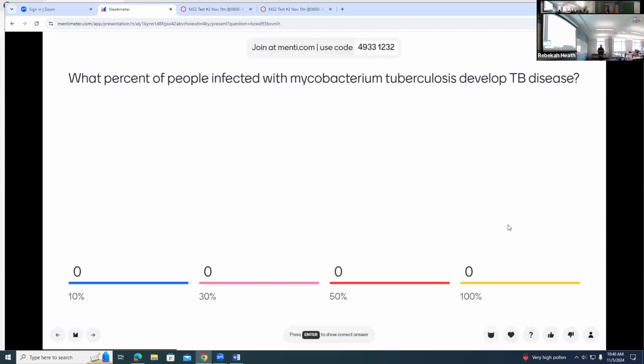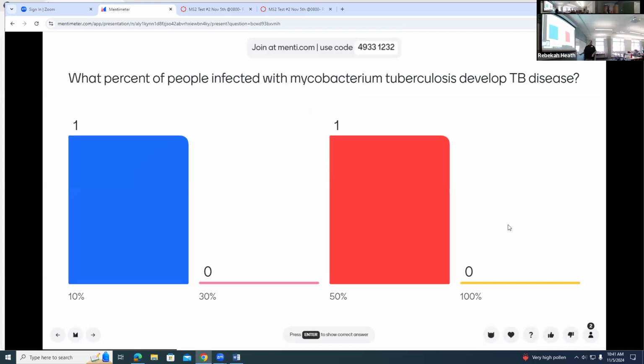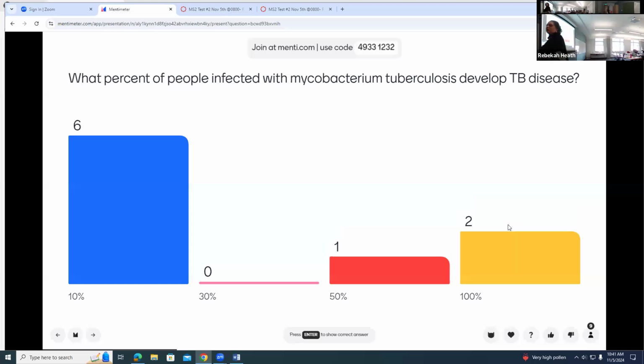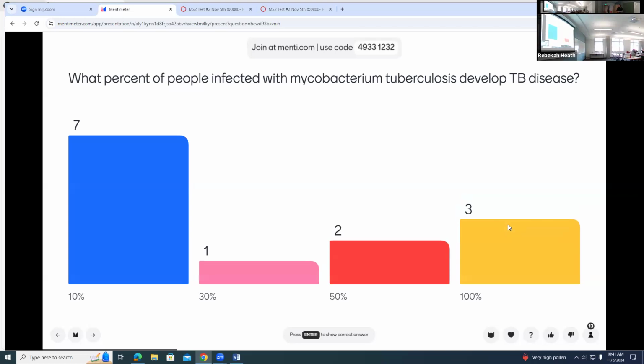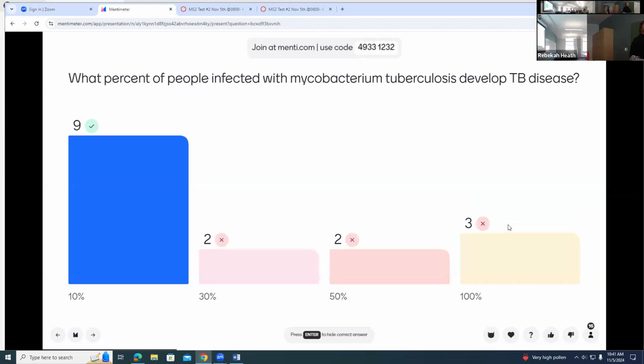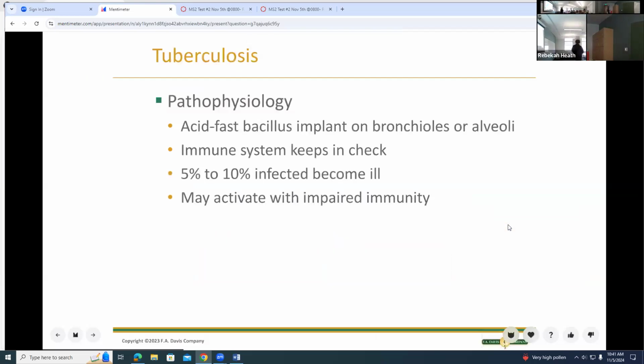Which percent of people infected with Mycobacterium tuberculosis develop TB? So we're moving on to talk about TB. What is our percentage of people who, if they are infected or get it, like it comes into your system, actually develop tuberculosis? Look at these wide responses. So interesting. All right. And it is